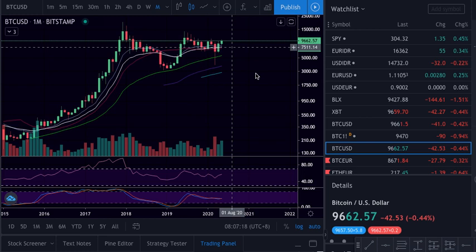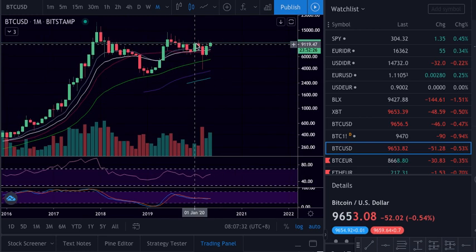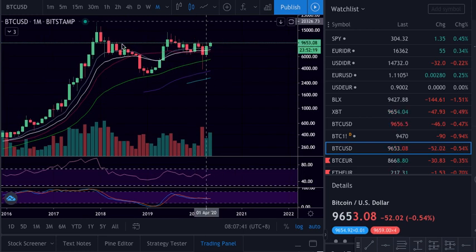Indicators on the weekly are still grinding up. On the stochastic, it's neutral. Okay, so the month, remember, we are above these candles and all these candles. So this is a strong support to try to push higher. Of course, we have the big resistance on the top of the other candles. So this still can be a big fake out, but